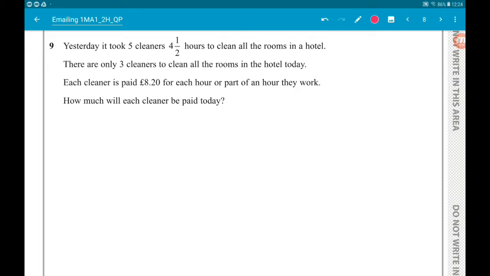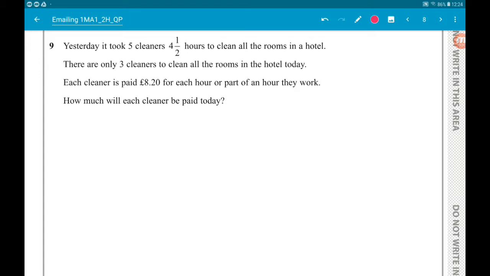Okay, so this is a bit of a bad question. It should say whether or not each cleaner works at the same rate, which, to be able to do this question, we are going to assume. And when it says each cleaner is paid £8.20 for each hour or part of an hour that they work, essentially that means if they work for 3 hours and 5 minutes, they would get 4 times £8.20. Okay, so